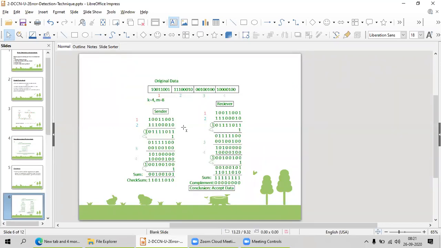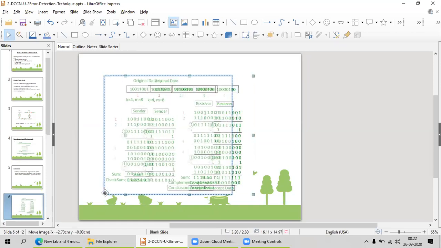What the sender will do is add using one's complement. That means first he will take the first word. Here you see number 1. Give me a minute, I will increase the font.